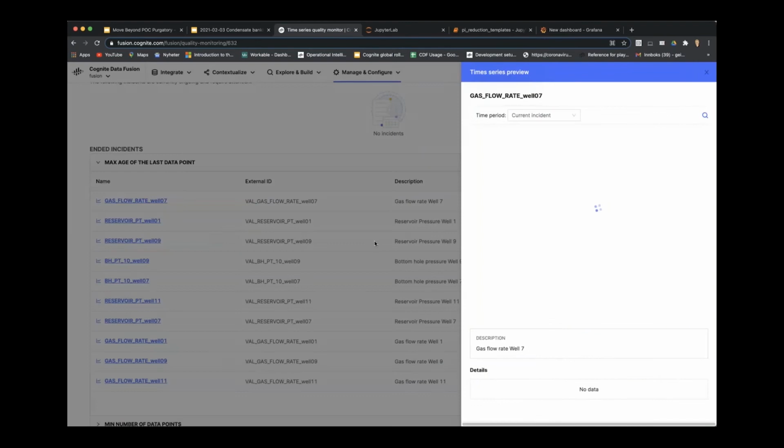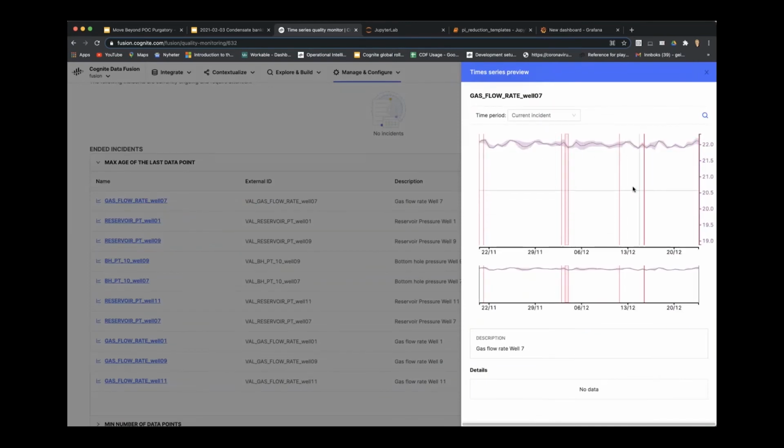And the output of these constraints is also available programmatically. So I can see in what intervals the data quality was not matching what I needed. And I can even embed that in my dashboard. So an operator getting advice from this will see at any point in time whether the input data for my calculation has good data quality.